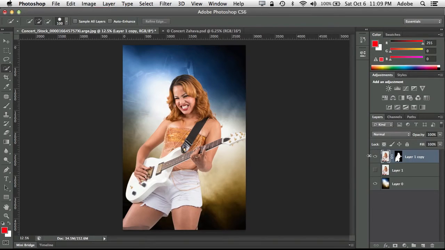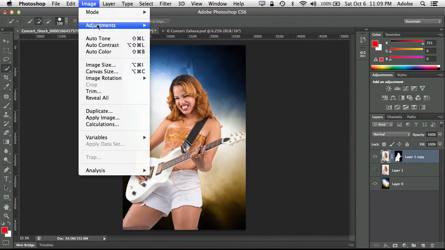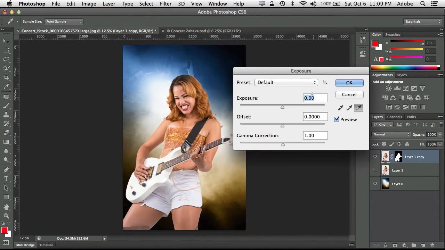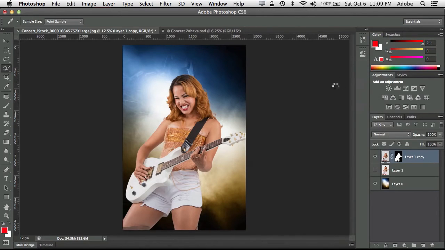Now, one more trick to kind of make this look better, we're going to make an adjustment to it. So we can either add an adjustment layer or just simply go to Image, Adjust, and go to Exposure once again. We're just going to bring down exposure just a little bit because she's a little lighter than she would be if she were really in that dark kind of stage background there. And also, the next thing we're going to do is, even her skin tone is not right for this kind of lighting because